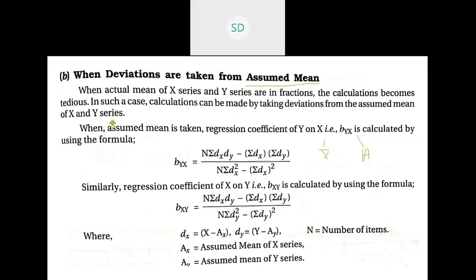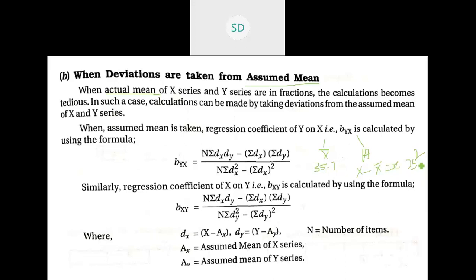Assumed mean is taken for the calculation because if the actual mean has decimal points, say suppose you get 35.7, then when you take deviations, that is x minus x bar, in every deviation you are going to get points again. And when you square that number, that is x minus x bar, which will be small x, you will again get more decimal places. Like this, the decimal numbers will increase more and more, which will make it very tedious for us to solve